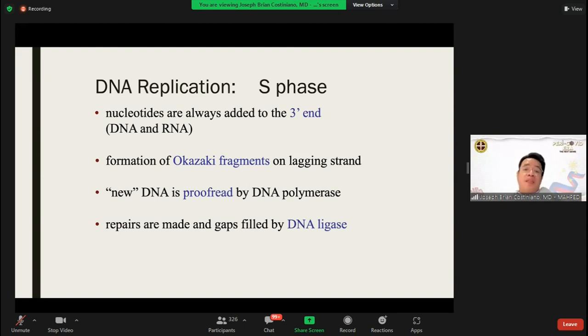Proofreading of your new DNA is by your DNA polymerase and when you need repair because of base mismatch or base substitutions, or when there are gaps because of radiation. So that is usually repaired by your DNA ligase. Ano ba yung ginagawa ng DNA ligase natin? Once it reaches, nakita niya, ay bungi, no? Mali. Pinuputol niya. Ligate from the word, no? Ligate. Pinuputol at nire-repair niya yung base na yon.